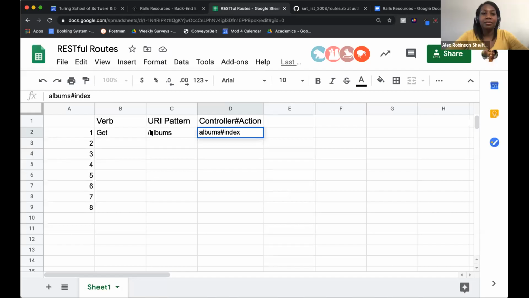All right. Can y'all see the spreadsheet now? Okay, perfect. Okay, so as I mentioned, if you have an albums index action and your URI is /albums,